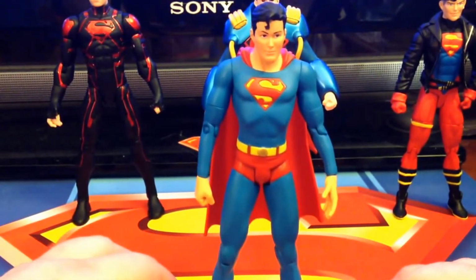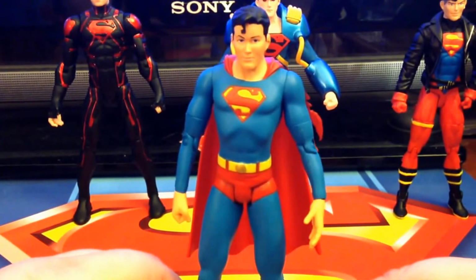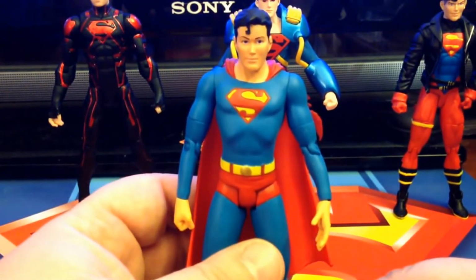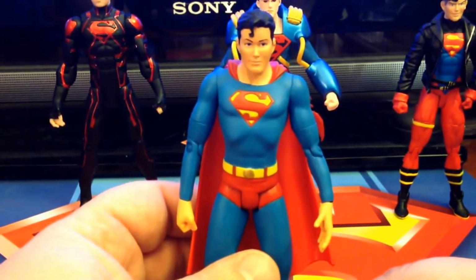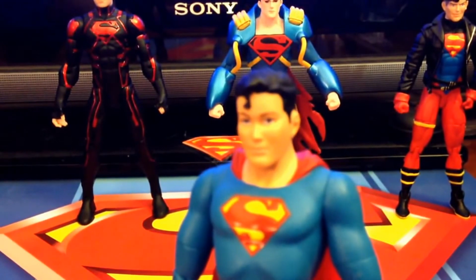Like I said, this is the Earth Prime Superboy, the Superboy that didn't know he was from Krypton, didn't know that the comic books were real and what have you. Now, before we get into anything like articulation, I do, of course, have some defects and some QC issues,